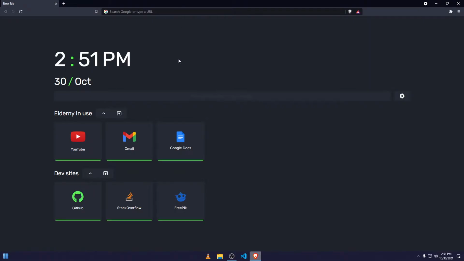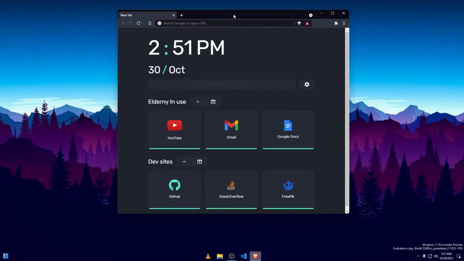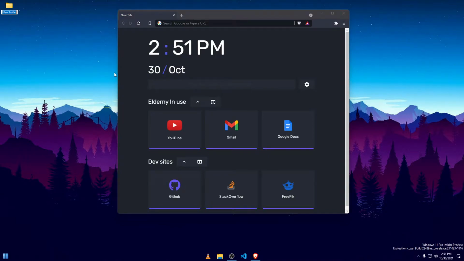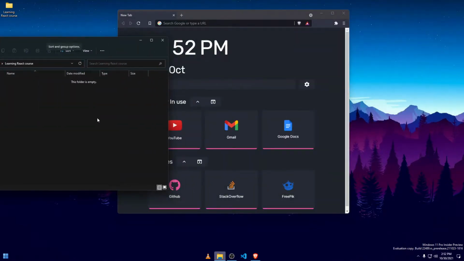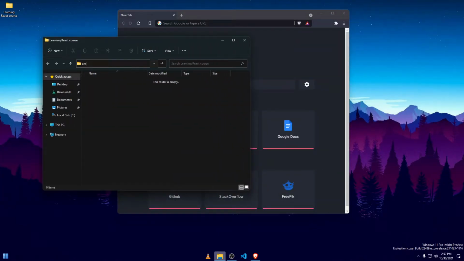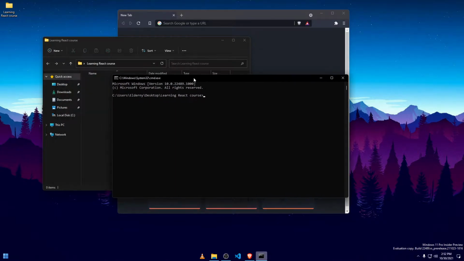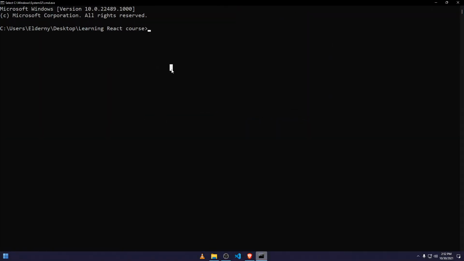So, first of all, to make a React application, we need to use some commands to actually install the package necessary, actually install the node modules necessary for a React application. So first of all, I'm gonna make a new folder. I'm gonna say learning React course. Now we're going to open the folder, and then here we can just type cmd. And now here in the command panel, what you need to type, npx